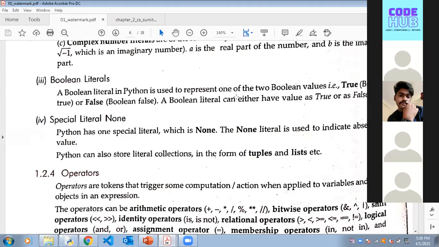See, you have Boolean returns, that is true or false. It is used to check, right? Like I showed you. And then you have none type too. If you don't mention anything, it is none. Okay, we'll see none in lists and tuples. See, the more you practice, the more you realize it.